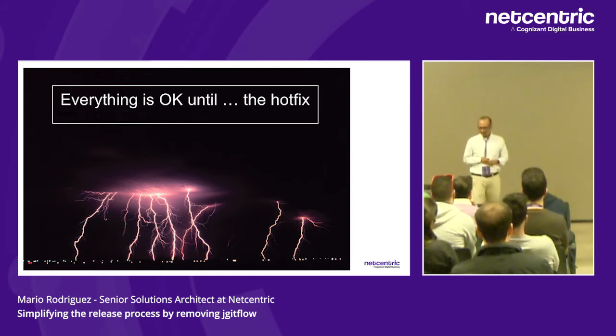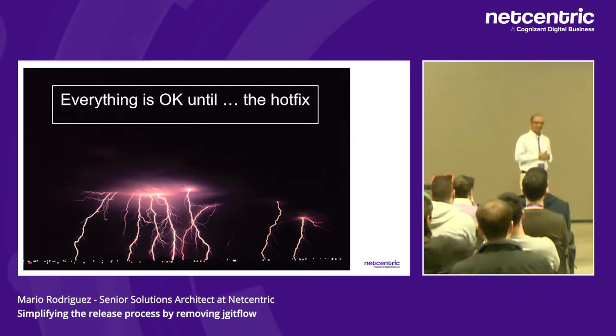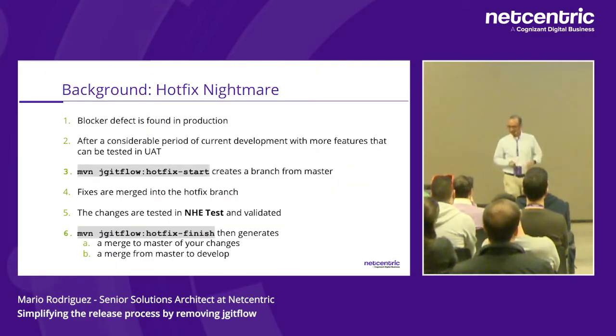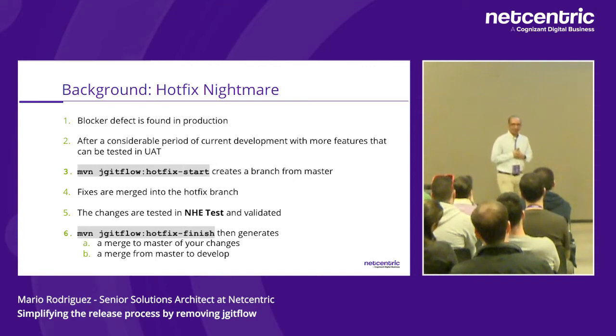So imagine yourself, you're there on a Friday afternoon, right? And man, everything worked fine, right? A blocker arrives, right? And you're working on that, all the team working on the fixing. You have dependencies. You have to deploy the AEM code, and things start to break just at the last moment, when your POMs get changed, when you see the jgitflow finish with success. But that last merge to